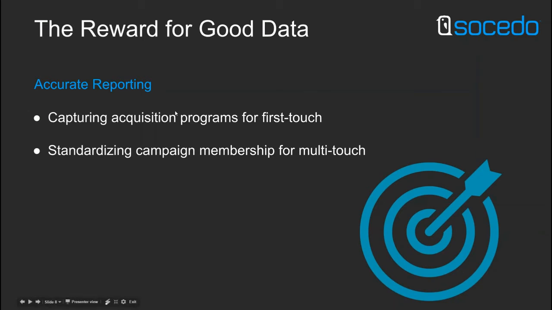And so I have a field that's called acquisition program name, and if that field gets messed up, all of a sudden my first touch attribution model goes out the window, and I don't know, did my webinar leads perform better than my white paper leads? Does promoting something on social media work better for me than paid search? I have no way of knowing if this isn't set up correctly. But once it is, I can make informed decisions based on investment. I can go all the way down the funnel and say, hey, paid search converts twice as fast as leads who come in through a webinar, and then I can make a solid investment in the next month into paid search.